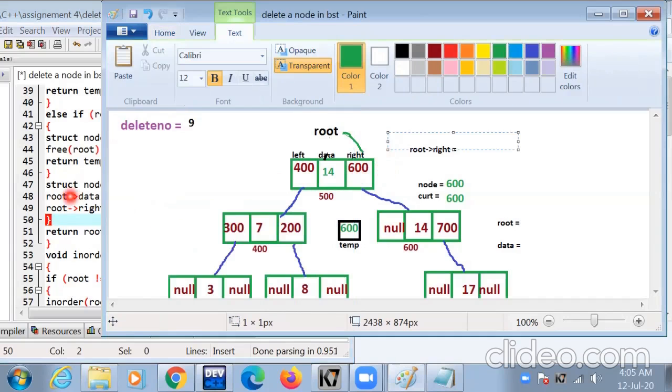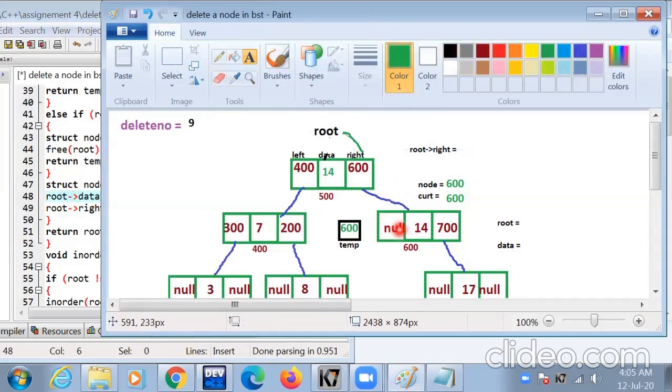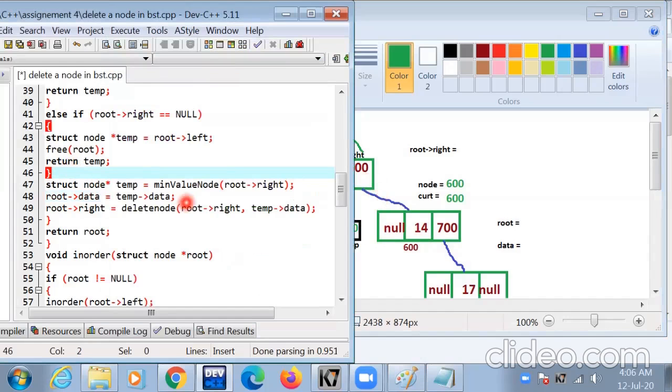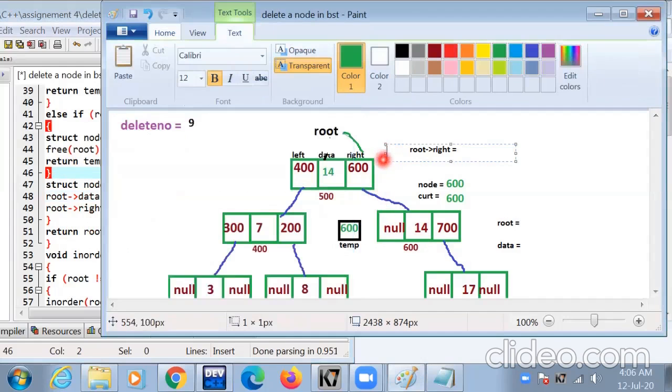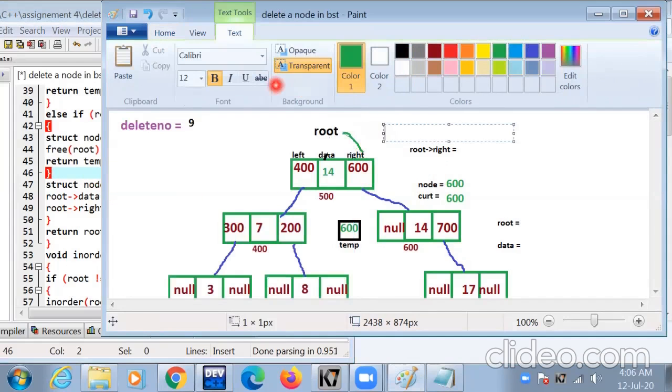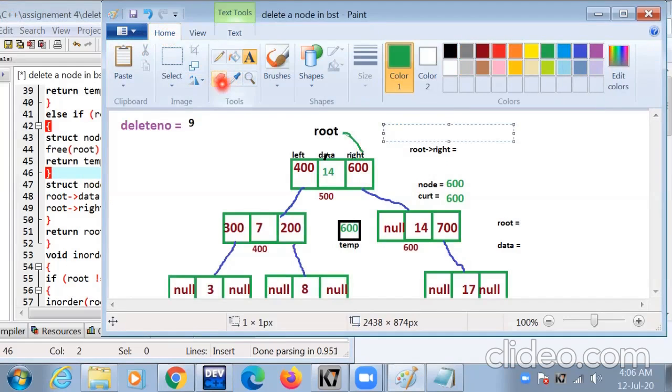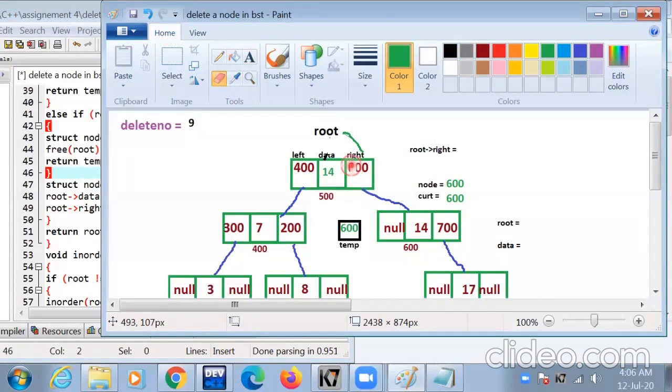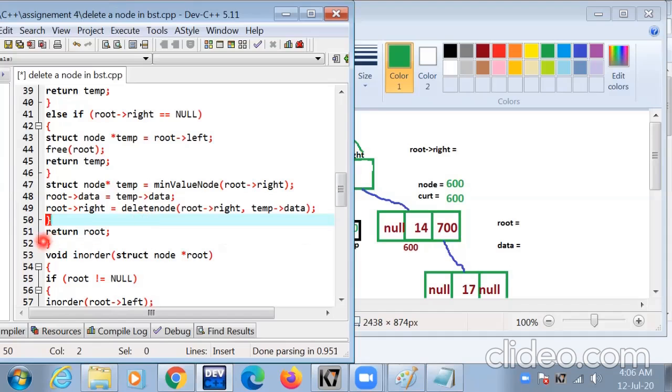Root right value is 600 and temp data value is 14. The value of delete node is inserted in root right here. This number is removed because now we insert the new value here. So we remove this value and call the delete node function.